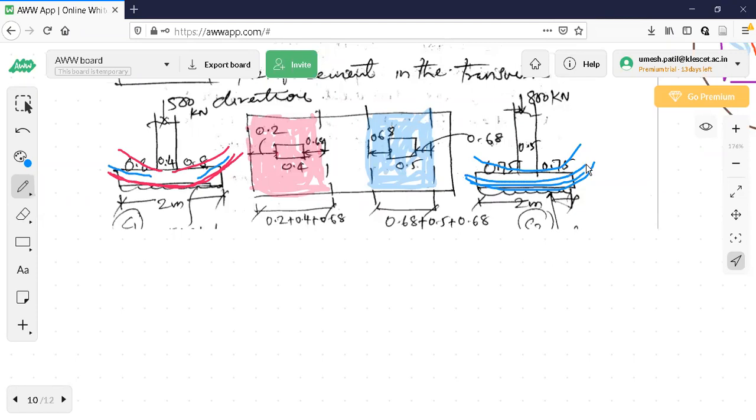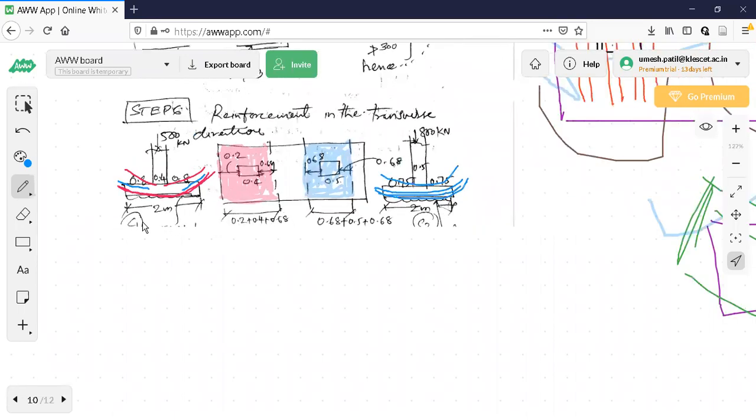Okay. You remember one thing, the load is acting upwards. In strength of material, cantilever load is acting downwards. That is why the tension zone is above the neutral axis. Here it is cantilever, but the UDL is acting upwards. That is why the tension zone is below. So this is what you need to understand here.